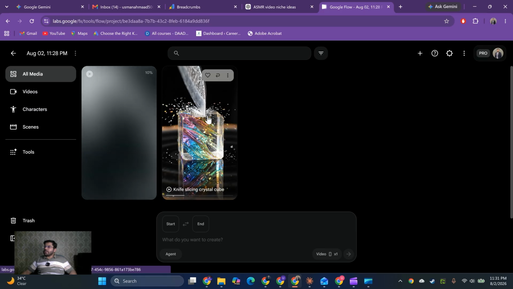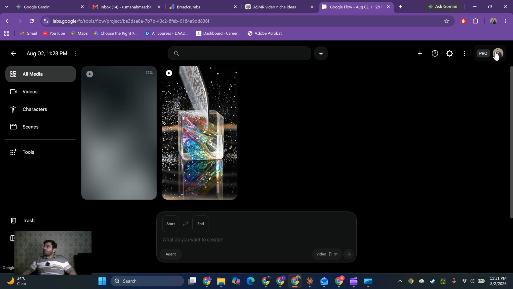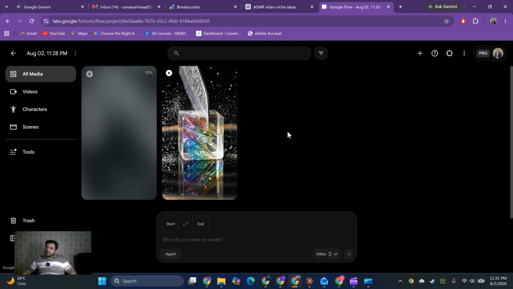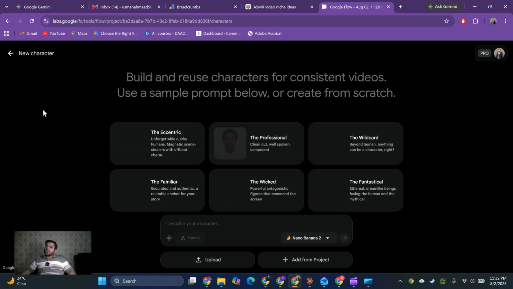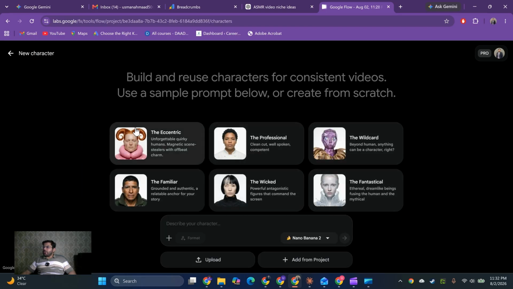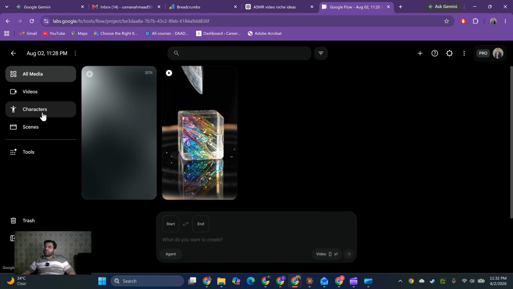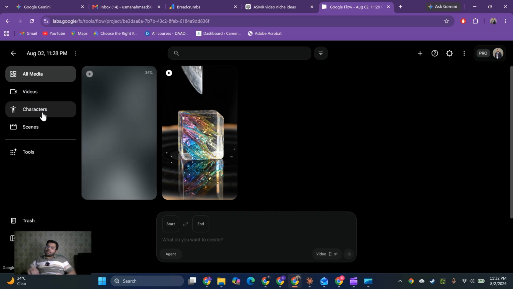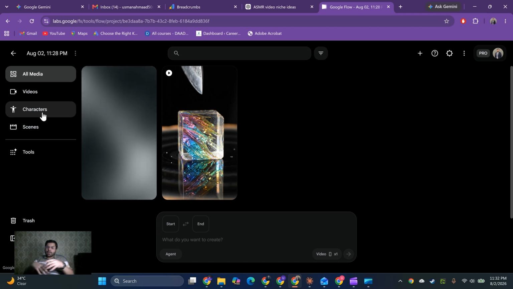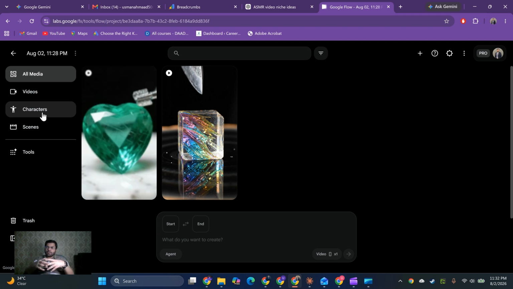So for one video it is consuming 10 credits. For a pro account you will have 1000 credits. So it means you can create 100 videos using this model, using this strategy. You can also create your own characters to use in your videos. This is a very interesting feature in this Google Flow tool, that you can create your own character. This is good for those who want to create a series of videos. You might have seen some videos which are based on different stories. So for those kinds of videos you have to keep the characters the same, so you can use this.